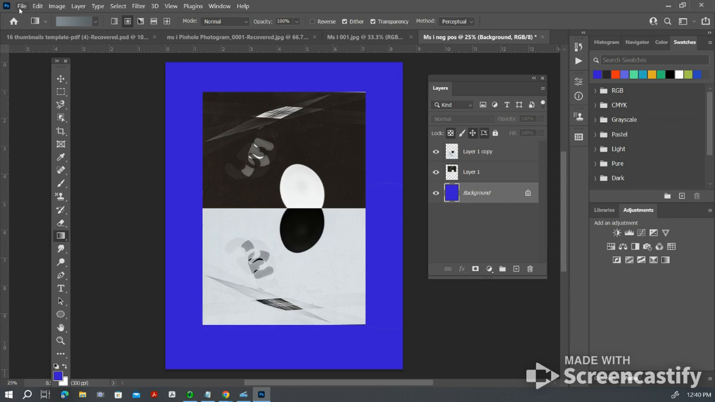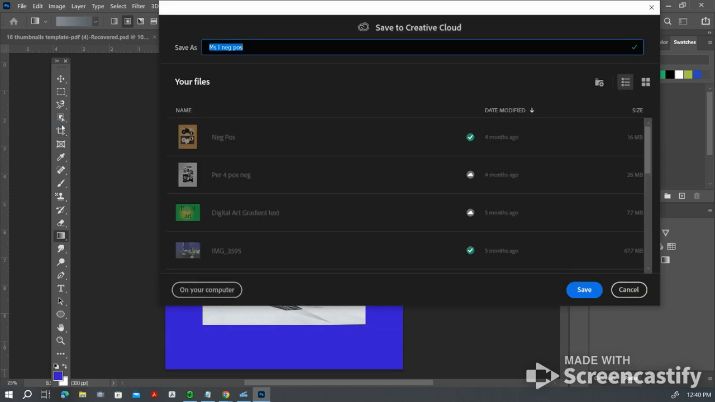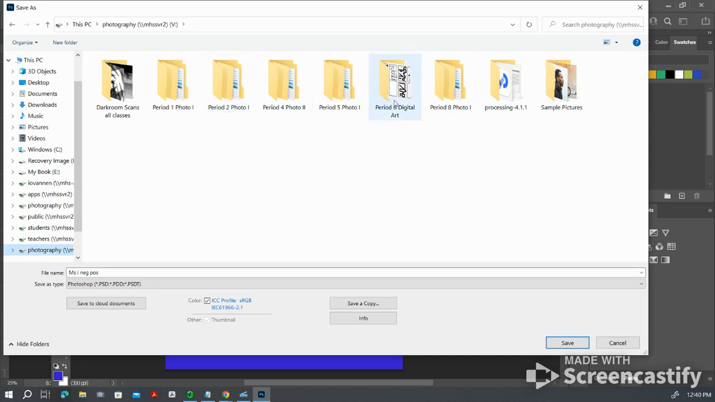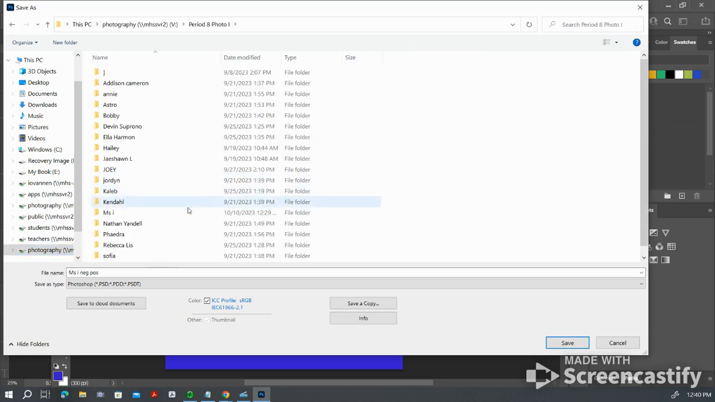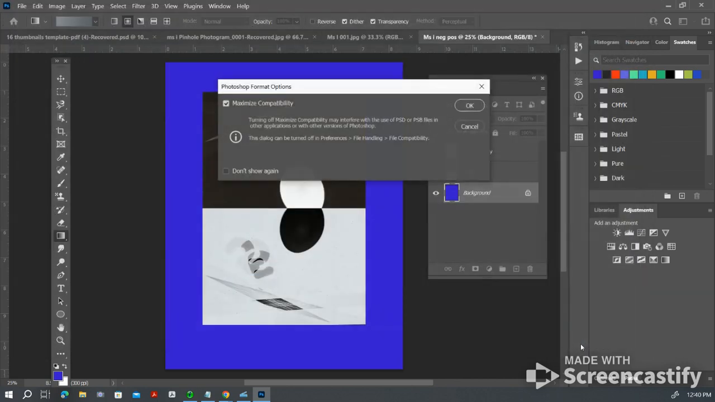Just make sure that you're going to the File menu and you're saving as. Remember, you want to save on your computer, not to the Creative Cloud. And then I'm navigating to the desktop where I can find the photography shortcut folder, go into my own class folder, and I've already labeled this ahead of time, calling it negative positive or neg pos, so I remember what this assignment is. Save, and you can always say OK to maximize